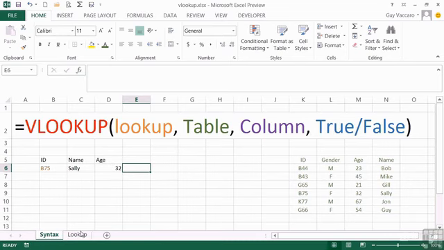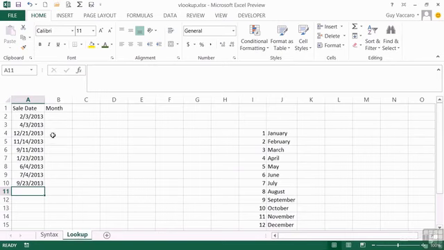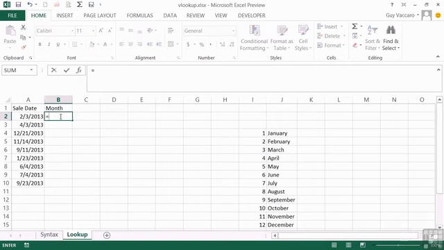Let's look at a real example. So here we have the sales date, and in the column next to it, I would like the month. Now we know we can use the month function, equals month, to get the actual number of the month, so in this case 2, but what I would like as a human being is the text value, so I'd like to see February. Now in order to do that, I need firstly to create a little lookup table, which I have over here, all the months of the year with their month number in front,